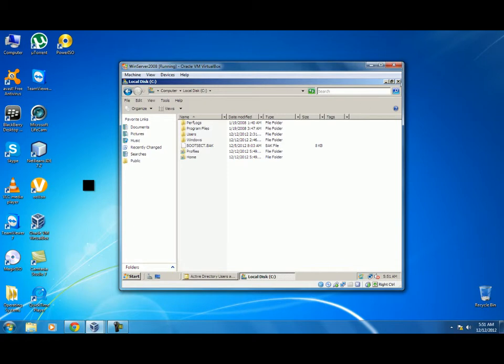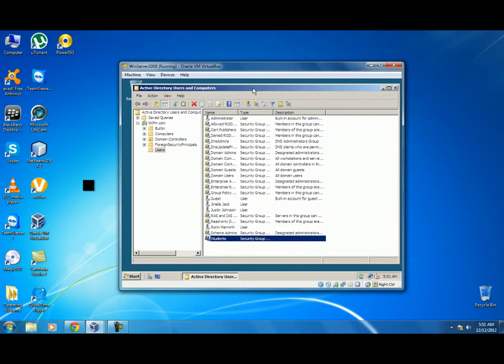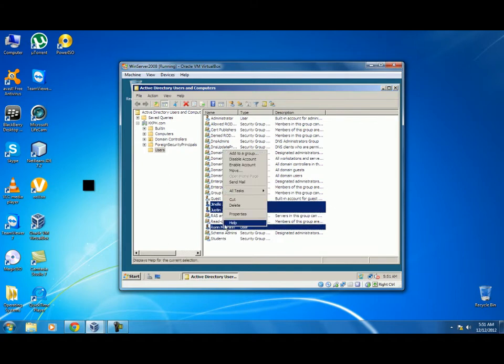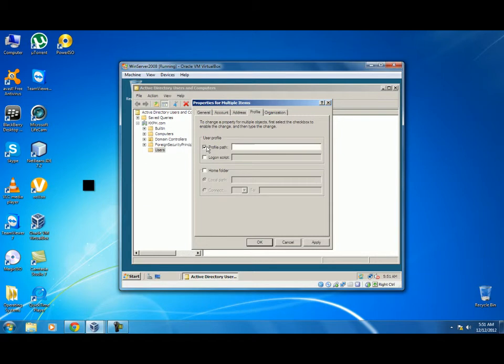With that done, we will then go back to the Active Directory Users and Computers, and each of the students, we have to set, right click on them and go to properties, then we'll go to profile and profile path. To set the profile path, it will be \\ and computer name, which is Kyle, \ profiles folder